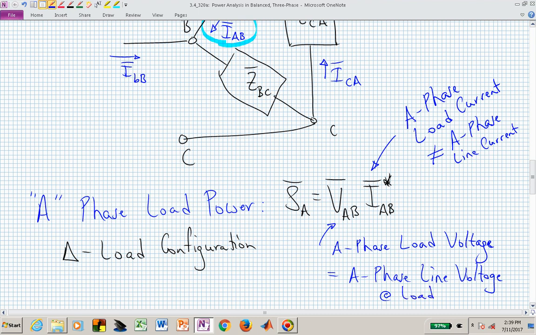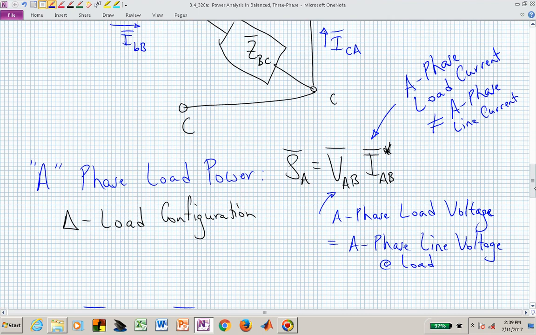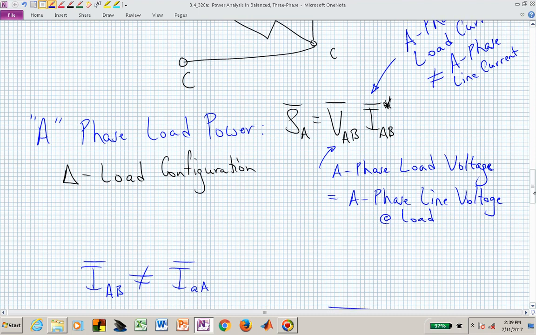Because we could have the line voltage at the terminals of the source or the line voltage at the terminals of the load, and that's why I put this at the load distinguishing comment. And here, I hope it's clear that this